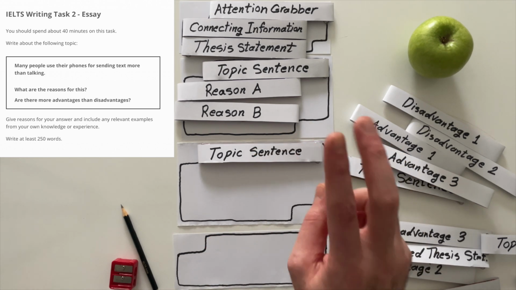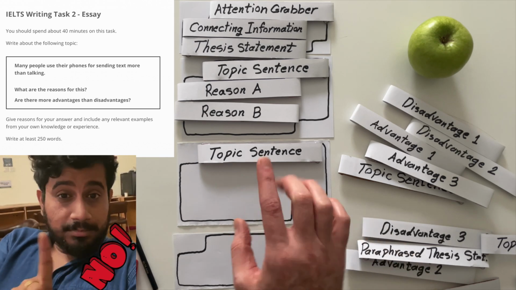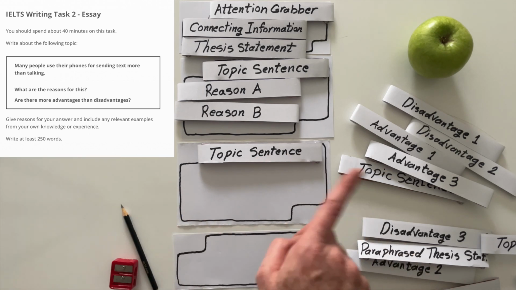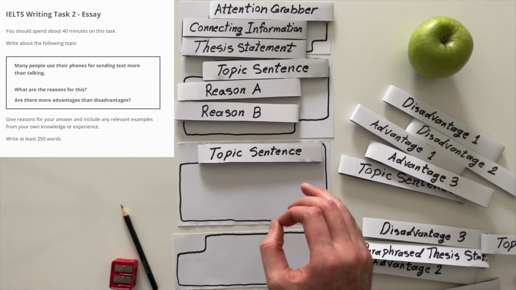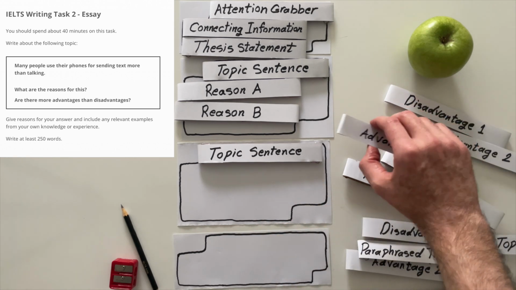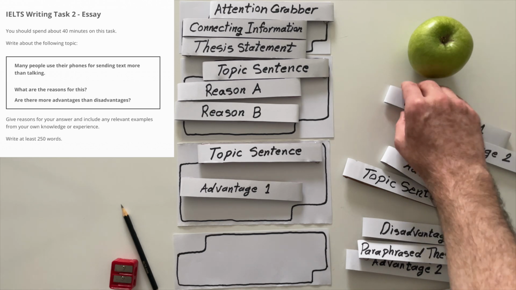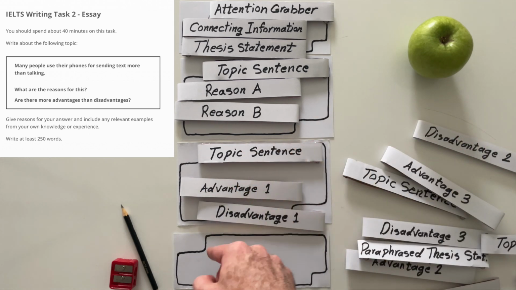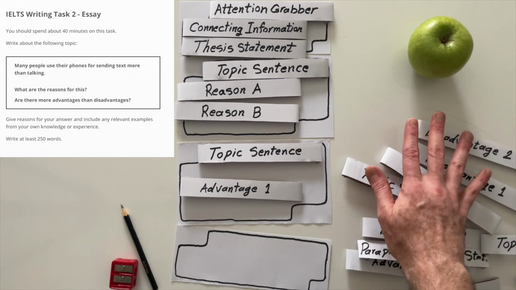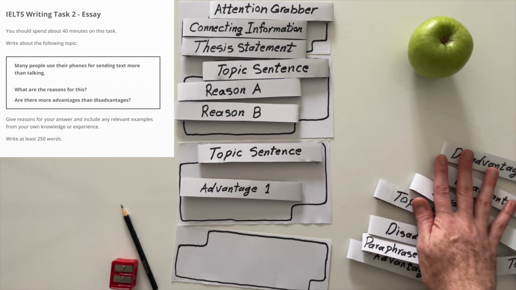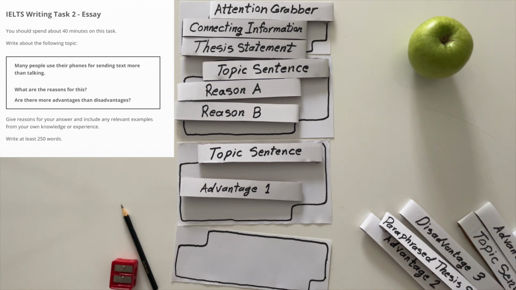Do not write both advantages and disadvantages in a single paragraph. Please don't do that. That's a very, very bad move. It's a very difficult way to do that. We cannot basically say, yes, there is advantage one, and then we suddenly come up with another disadvantage. This is bad. Please don't do that. If we need to do something like this, we need to introduce a new paragraph. Allow me to introduce a new paragraph here.